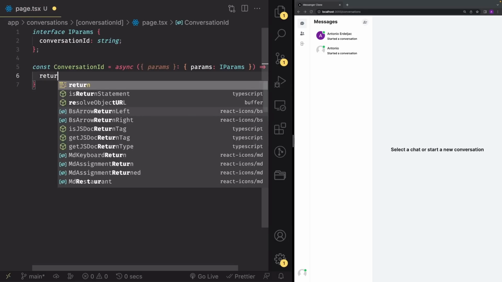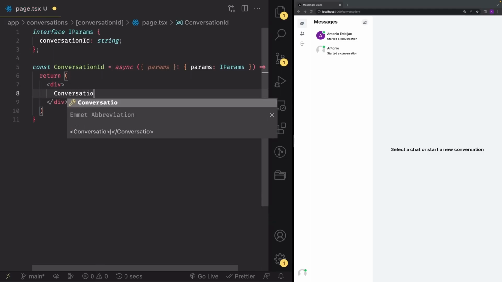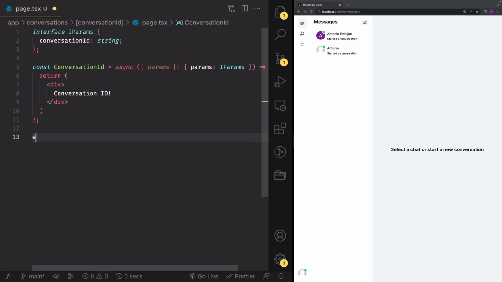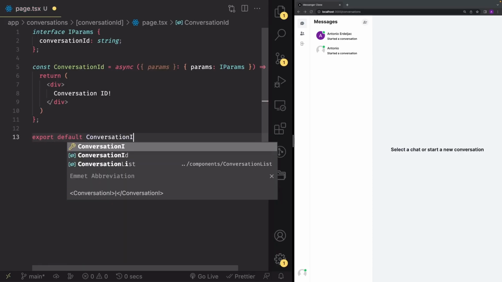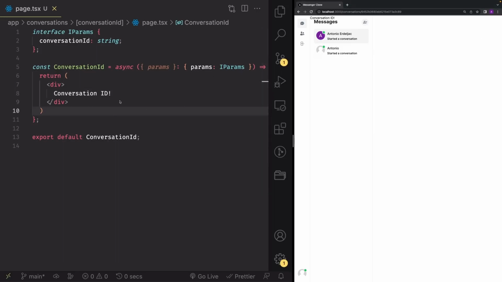Great. And in here, all I'm going to do for now is create a div and just say conversationId like this. And I'm going to export default ConversationId just like this. So now once I have this page, if I click on my conversation, I should no longer get a 404 view. Instead, we're going to see that in a second. You can see that I have this text conversationId right here. It is not yet positioned correctly, but that is what we wanted. We just wanted to avoid having the